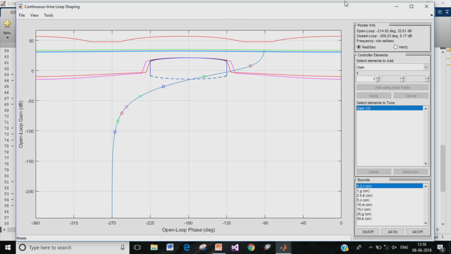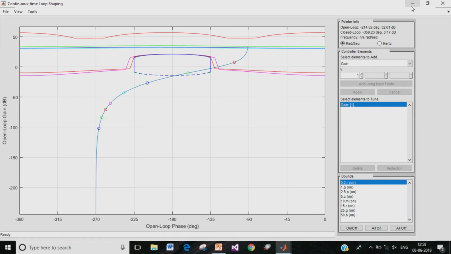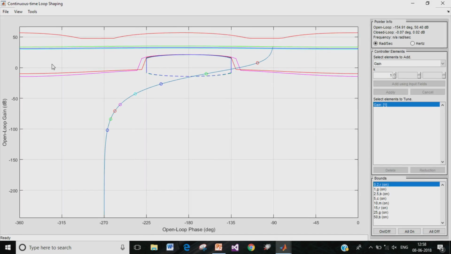So, what you see in this window here is the Nichols plot of the open loop system. The Nichols plot of the open loop system is shown here, and the colors here of the open circles indicate the loop gain at the different frequencies, and these colors match the corresponding colors of the bounds at each of these frequencies.